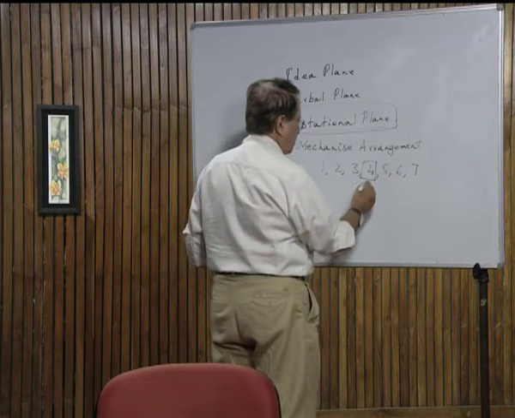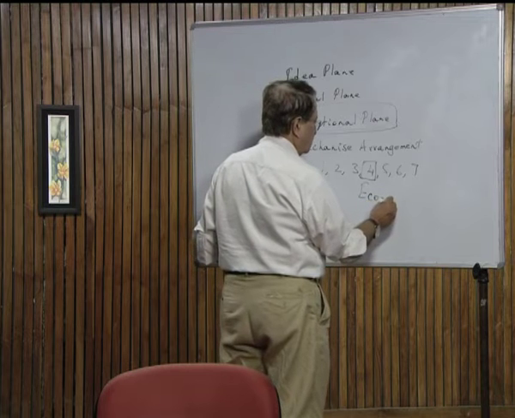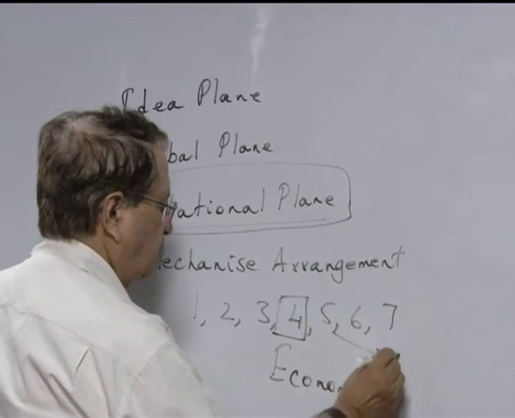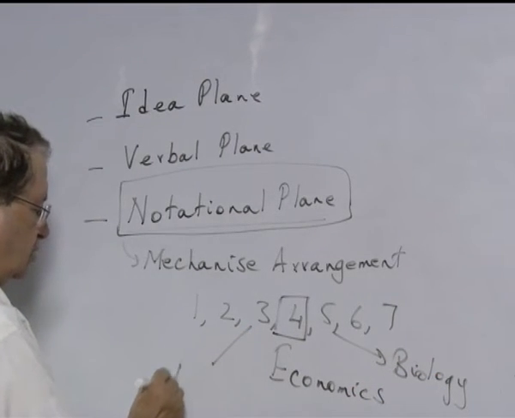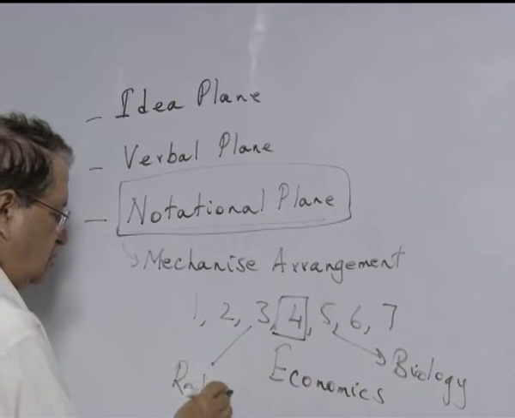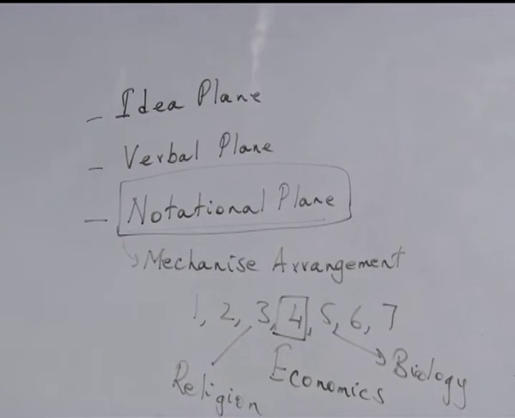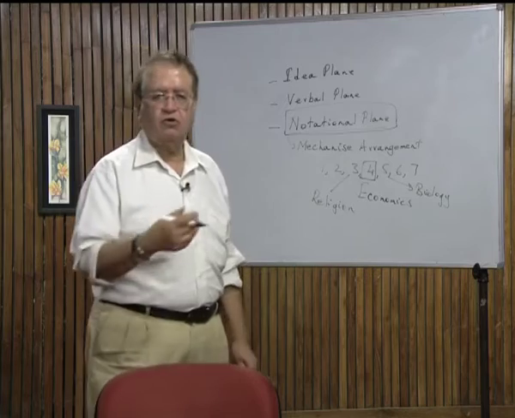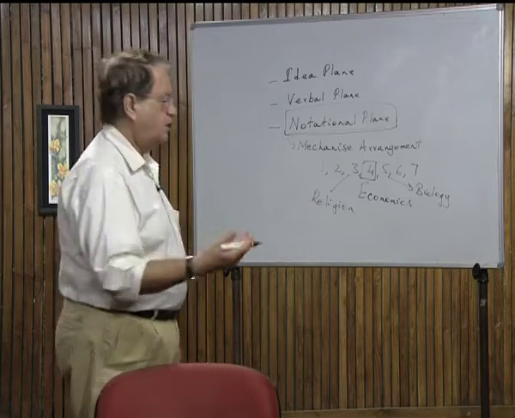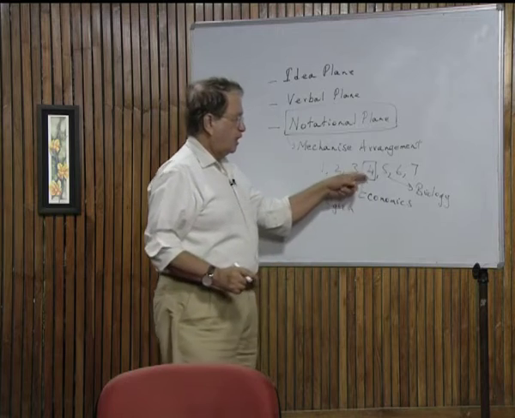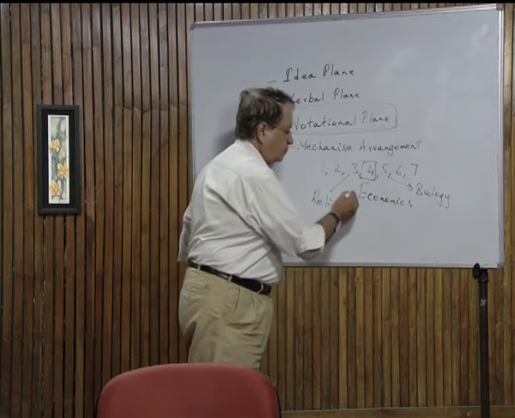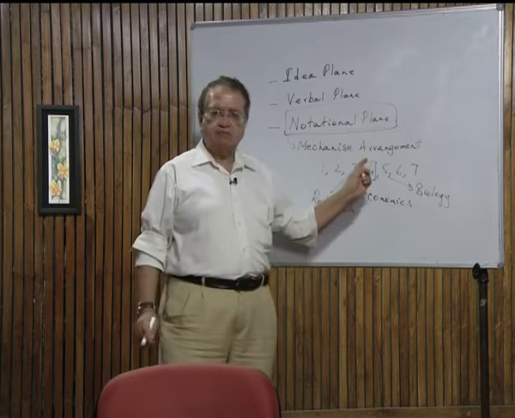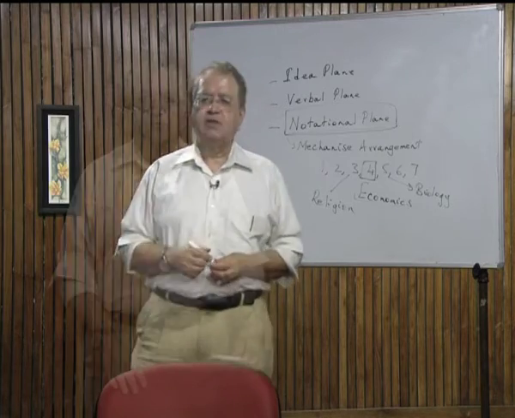Whether 4 means economics and 5 means biology and 3 means religion is not something that the person who is going to the shelf has to remember. The person who is going to the shelf to look for a particular publication only has to look in the catalog and find out that the subject that he or she is looking for, which is economics, has been denoted by the term 4. So, when he or she goes to the shelf,